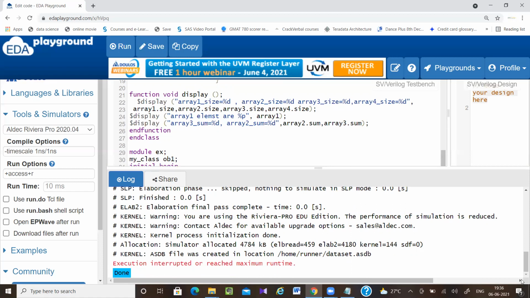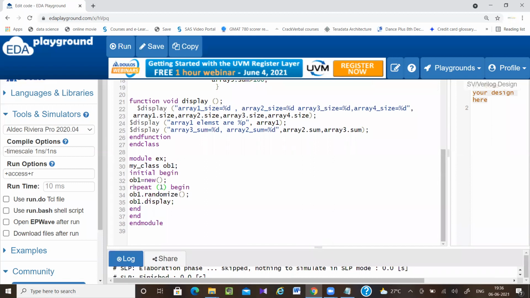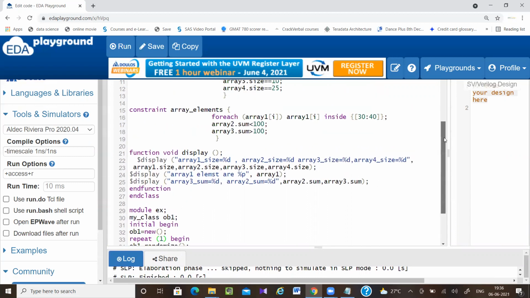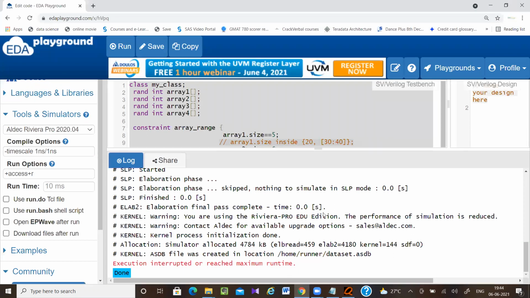There is some error. Okay, let me check why this error is happening. I don't know why, there was some issue and it is not running properly.